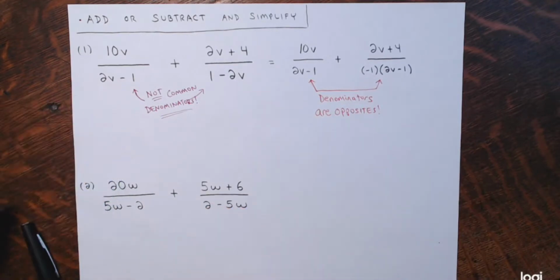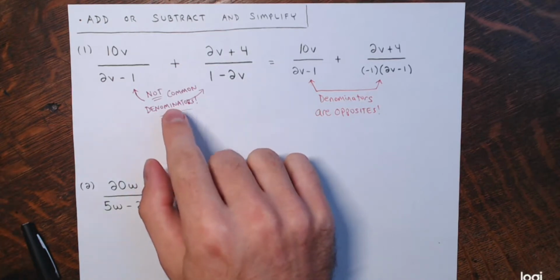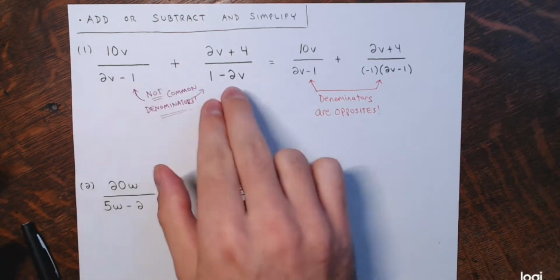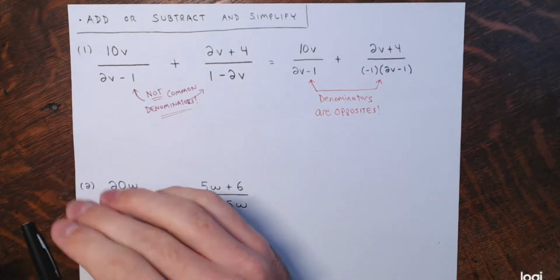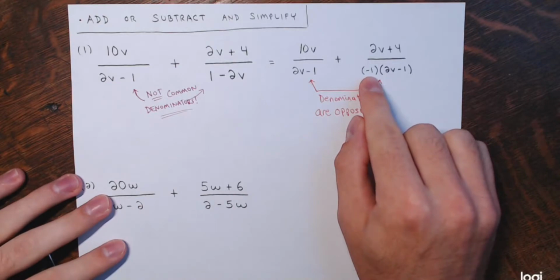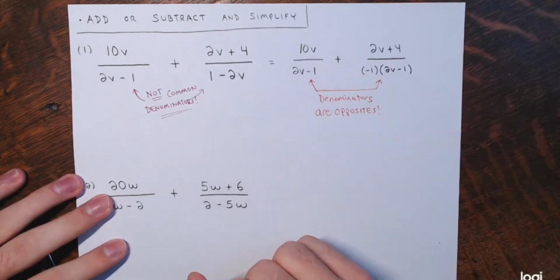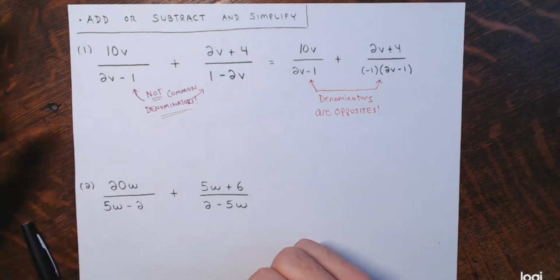All right, so a very quick way to ensure that we get a common denominator, right? Opposite denominators are not the same. Well, a very quick way to make them the same is to get rid of the negative 1. Now there are multiple ways you can do this. All right. One way to do it